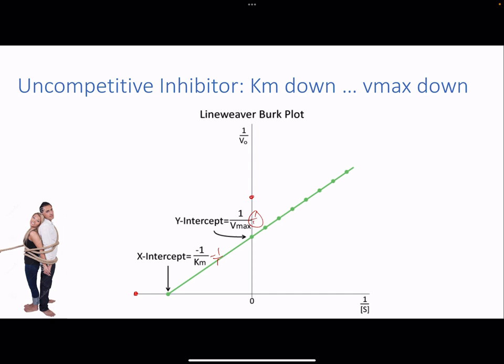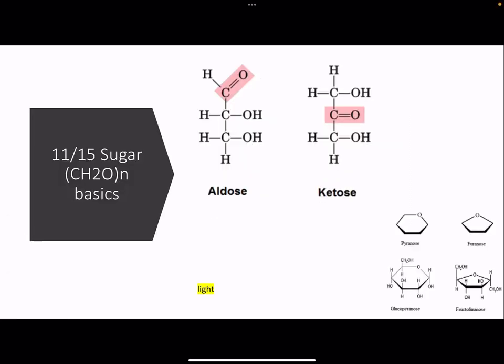And you know what? Let's think about the slope. The slope is Km over Vmax. If they both go down, and it's actually important to know that they both go down by an equal amount, my slope should stay the same. And actually, I was close. I'm never going to get this. But nevertheless, the easiest way to see this is that the slope stays the same. But for all of these, the slope, in my opinion, is an afterthought. If you know where the x-intercept and the y-intercept should be, you should be able to figure out automatically what the slope is just by connecting the dots. Okay,